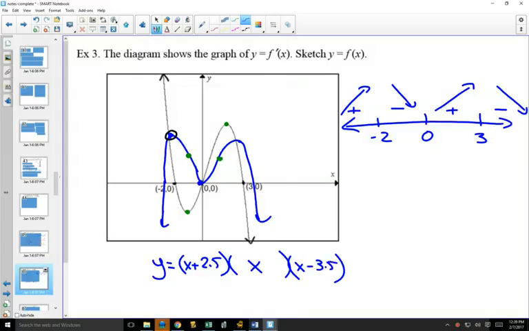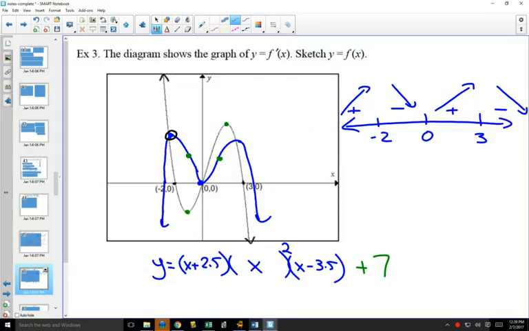And since our graph is bouncing off the axis there, we know that the multiplicity of this 0 would be squared. And that would be an x to the 4 graph. And if you did the derivative of that x to the 4 graph, you would get an x cubed graph. If I added 7 at the end,